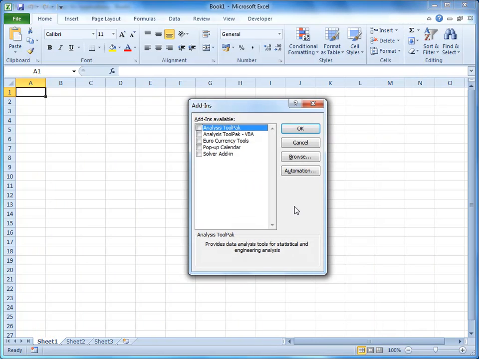You see the Add-ins manager here, and again there is the pop-up calendar. These other add-ins are ones that are installed along with Excel when you set up Excel on your computer. In order to activate the calendar, I just need to put a tick in the box. That's the description that I wrote, if you remember, in the comments section. And if I click OK,